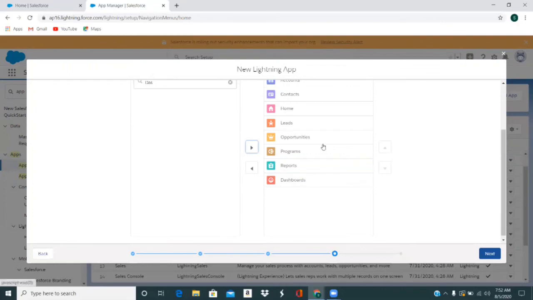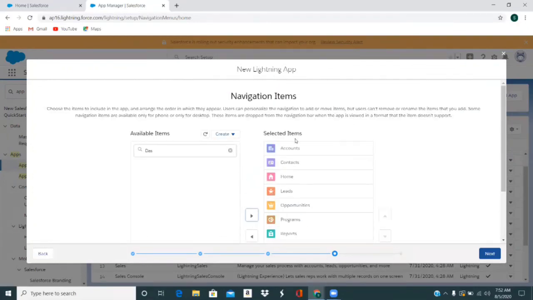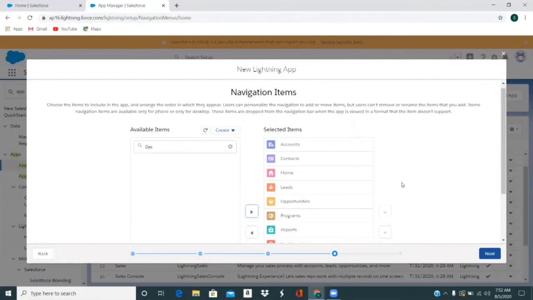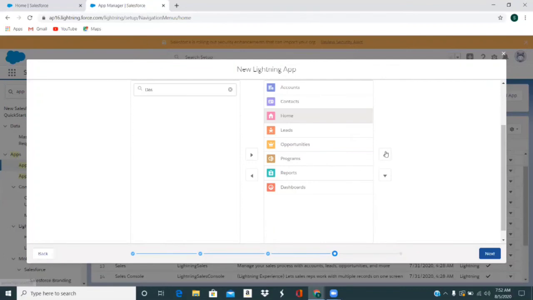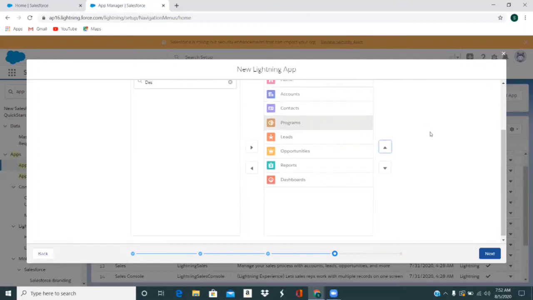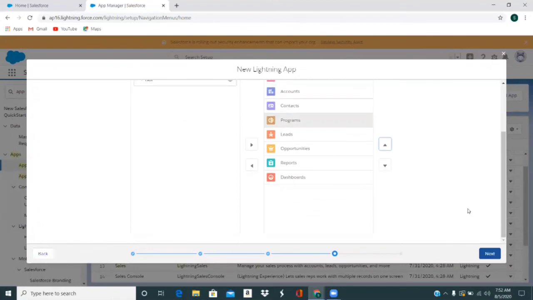So now we have the list of all available items, and this is our list of selected items. In this we want to show the home page as the first one, so we will just move it above this, and we want to see programs just after accounts and contacts, and then the reports, dashboards. So that is our sequence of the selected items.